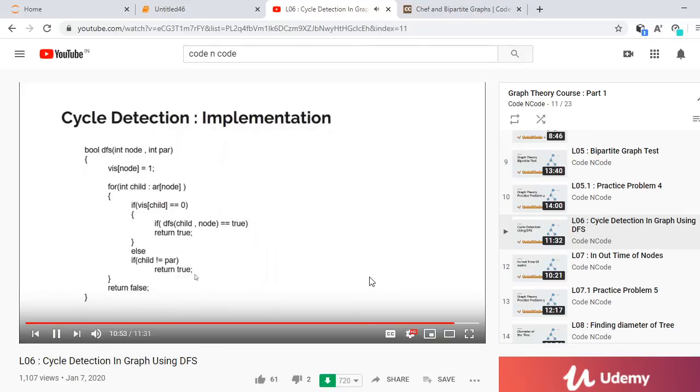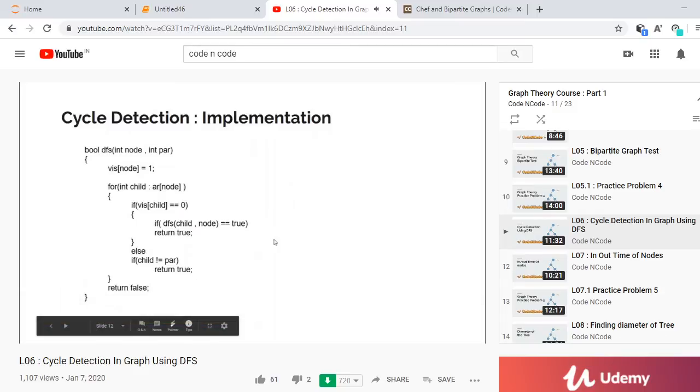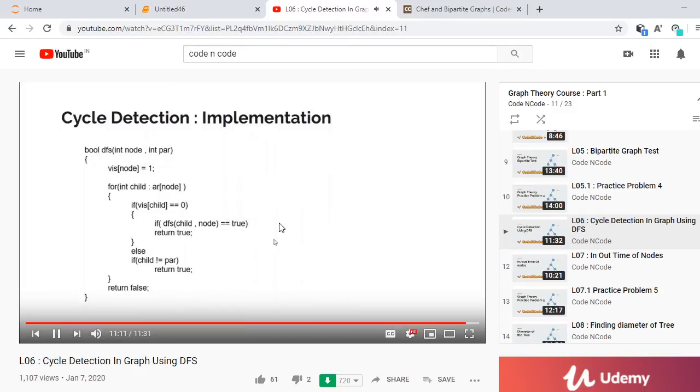Otherwise, if the complete execution of this portion executes successfully, then we would return false, indicating that we have found no back edge, hence the graph doesn't contain any cycle. So this is the code part, and I hope you guys